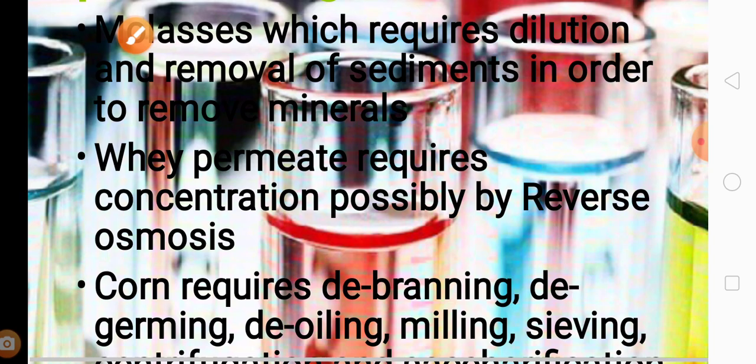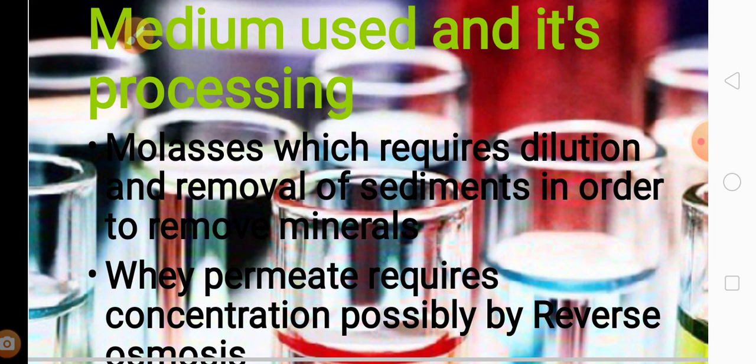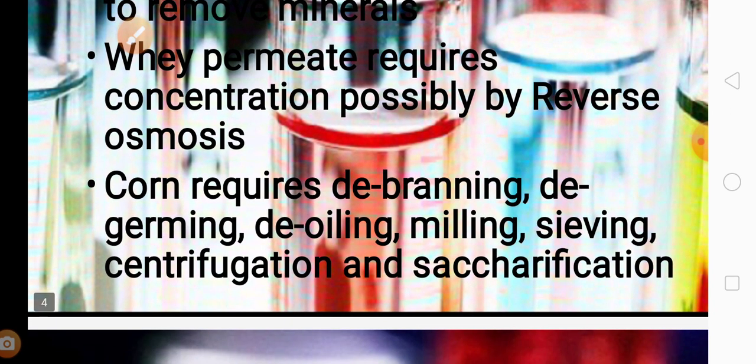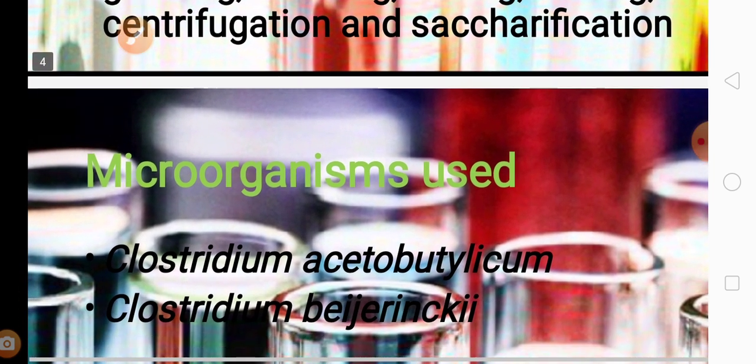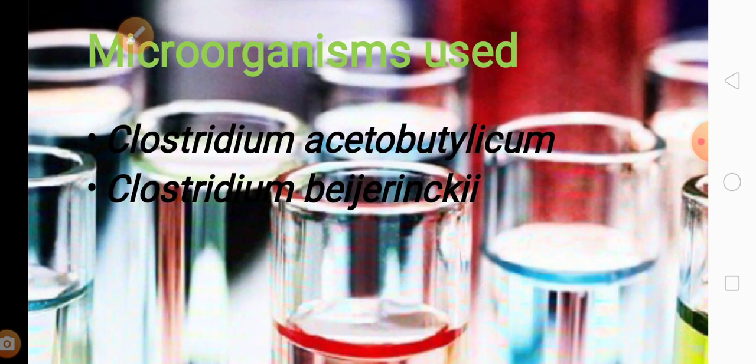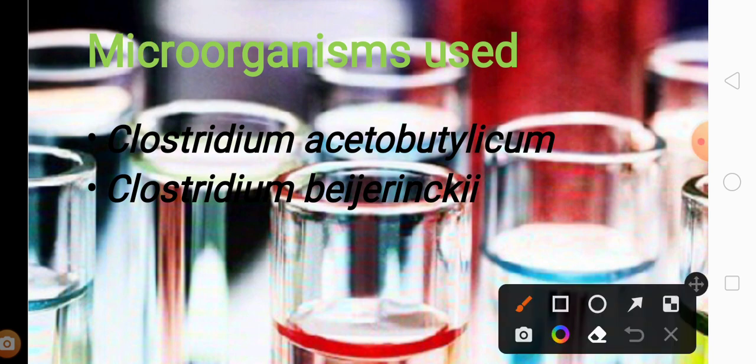So we studied the medium used and its processing. Now we will move on to the microorganisms that are used for the production of butanol, and you all will be very lucky because there is only one microorganism genus that is widely used for the production of butanol, which is Clostridium. Clostridium acetobutylicum and Clostridium beijerinckii. These two microorganisms are used for the production of butanol,